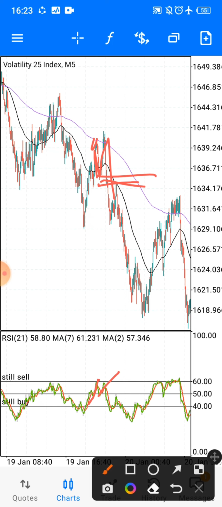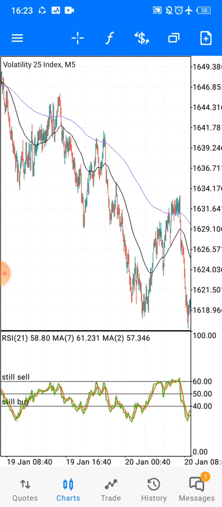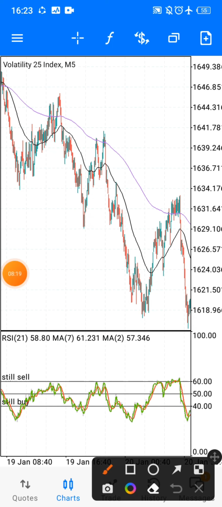When they cross forward for a sale, we start looking for sale opportunities. So right here it crossed over there. I'm only considering one second leg over here. It crossed forward for a sale. But as you all know, the indices tend to range more than the boom and crash. The boom and crash can just form a peak like that. So the only difference between these strategies is on the indices we are going to be using